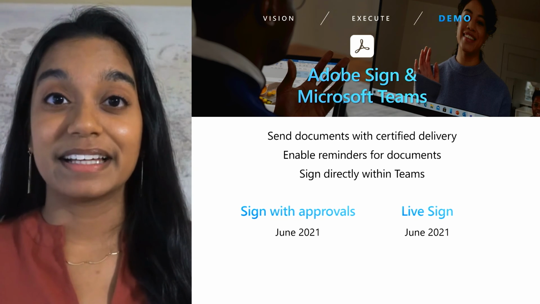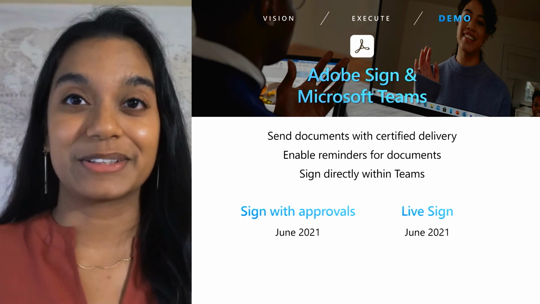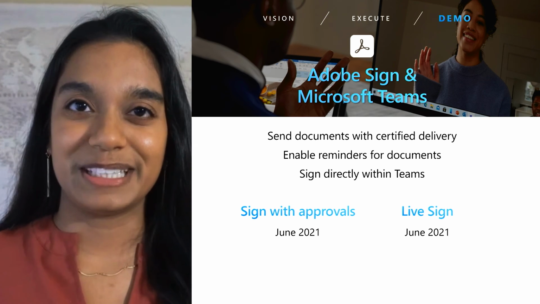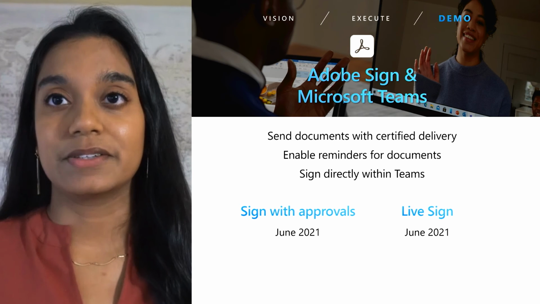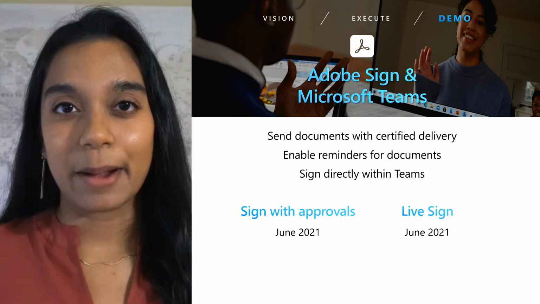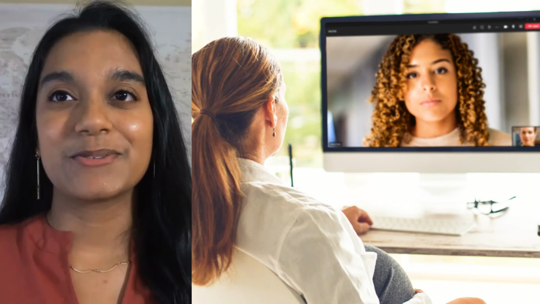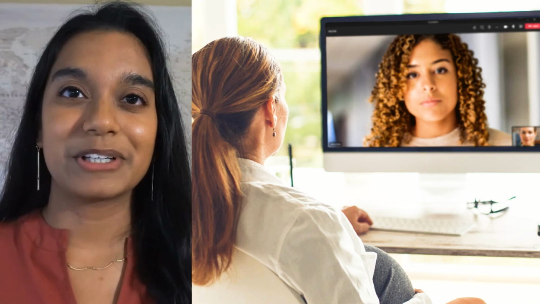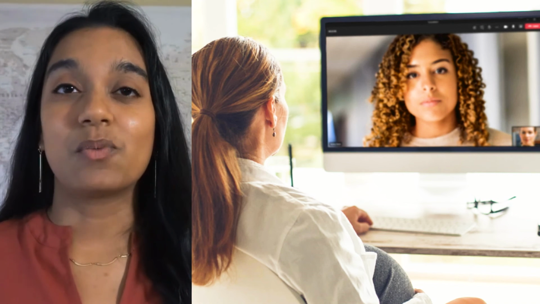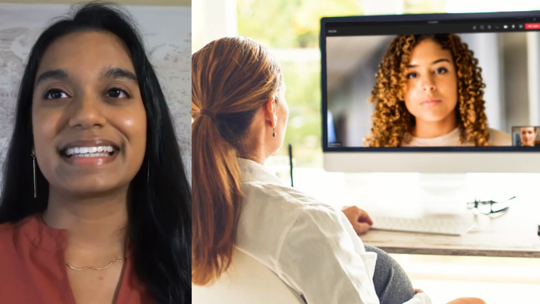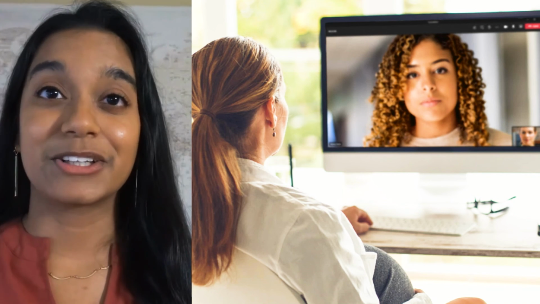Let's go through another real-world scenario highlighting another app partner, Adobe Sign. Adobe Sign allows you to easily send documents with certified delivery and sign directly within Microsoft Teams. Adobe Sign is available within Teams as an app partner ingested through Microsoft Graph. In this scenario, we're exploring using Teams and Adobe Sign to help empower clinical trials. Here, a doctor is explaining a potential vaccine trial to a patient who's considering participating in a clinical trial. Once they've reached a consensus, the patient can sign a patient consent form to participate in the clinical trial right in Teams.